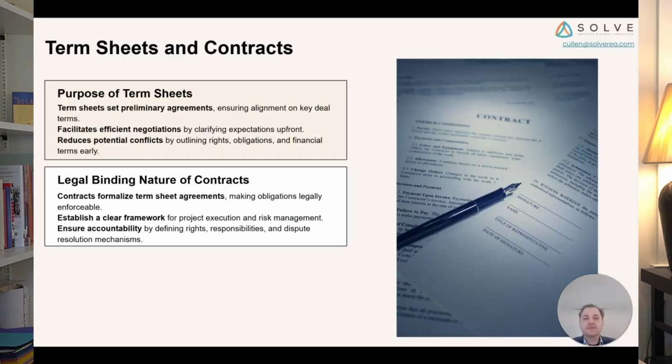As such, having a good term sheet cuts down on legal costs, cuts down on negotiation, and cuts down on ambiguity. The contracts themselves put the entire agreement into practice. There may be many different documents, a loan agreement, a note, security agreements. All of those are separately and specially defined, and there's special legal counsel that should be engaged to work on these types of contracts. You don't want to work with a general purpose lawyer for project finance purposes. A little bit of time from the right lawyer can go a long way to get the contracts right.